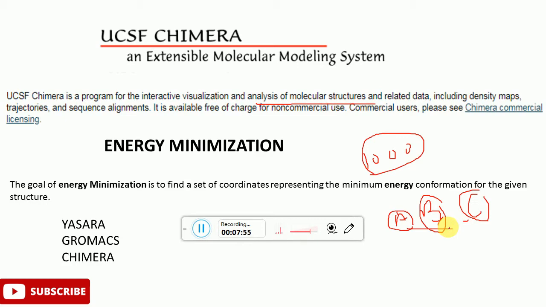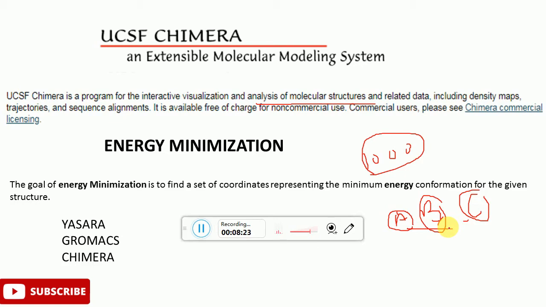GROMACS is for advanced users of bioinformatics. It involves various kinds of coding. It usually runs on a Unix server or Unix machine. Though Windows 10 also has a module to run GROMACS, I won't recommend using Windows 10. I would recommend running GROMACS only on a Unix system, because the speed is much faster. And on the other hand,